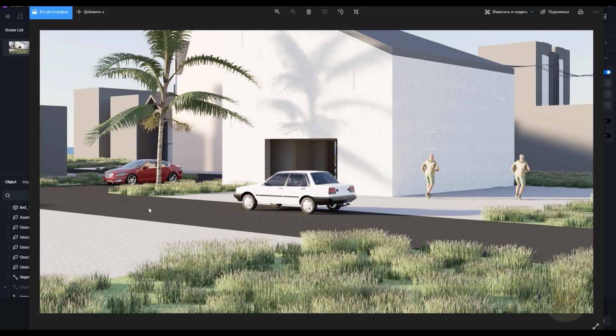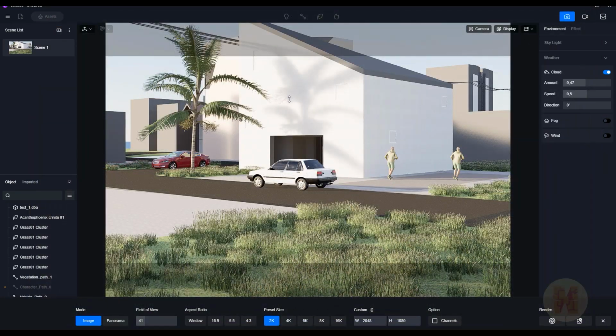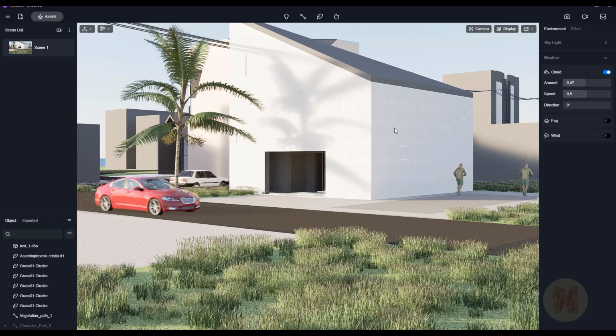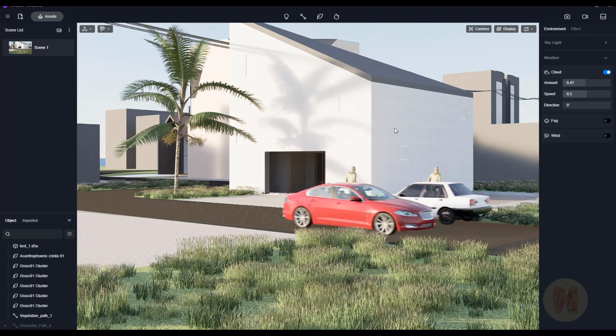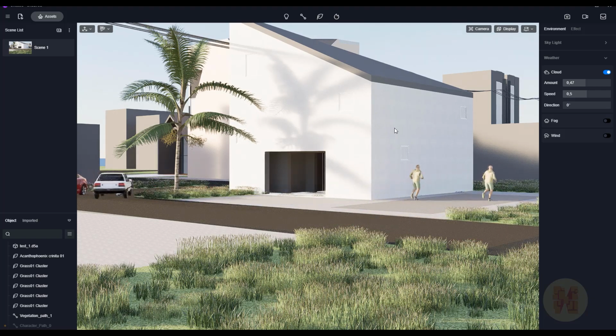So what I want to say overall: D5 Render, for me it's a really nice solution. It's something between Enscape and Lumen. That's why I cannot compare one program and another program, because it's in the middle. So if you like it, just let me know, because this video overview is also to see whether you want more about D5 Render or not. Should I use it in my videos or not? Just let me know, guys, below the video. It will be nice